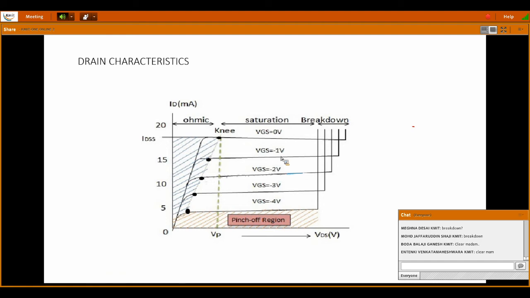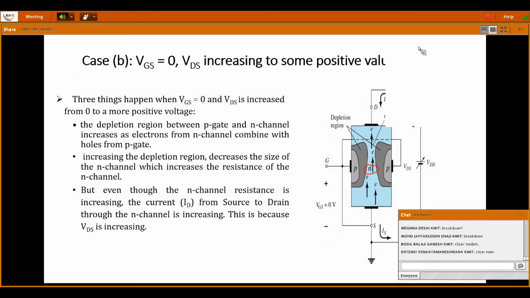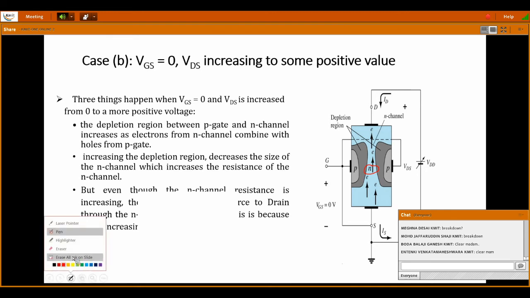Can anybody tell me? I am giving some supply voltage to VGS, that is negative voltage. Why negative? Because reverse bias. I need to satisfy the condition of reverse bias. See the diagram, the circuit diagram. Till now we have given only VDD, but now I am giving this supply also. But VGS, which bias do I need to give? Reverse bias I need to give.